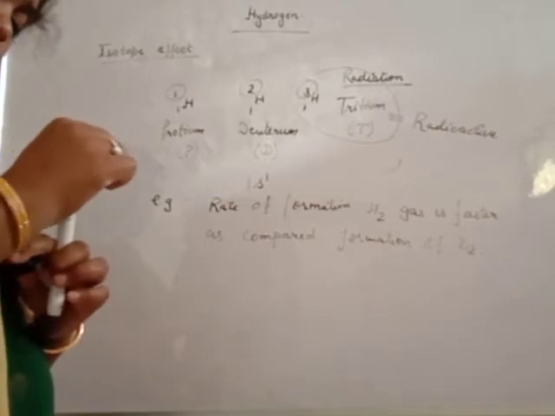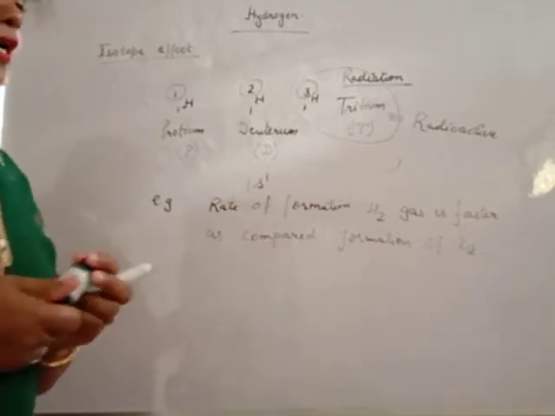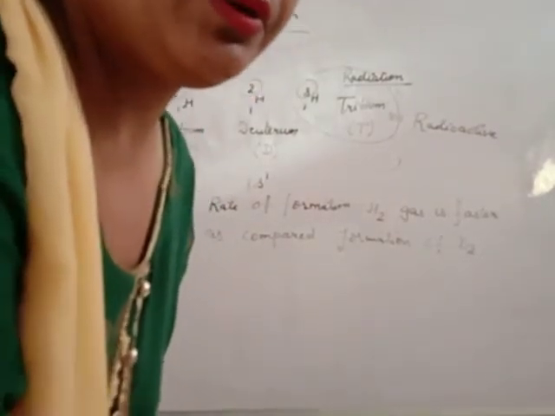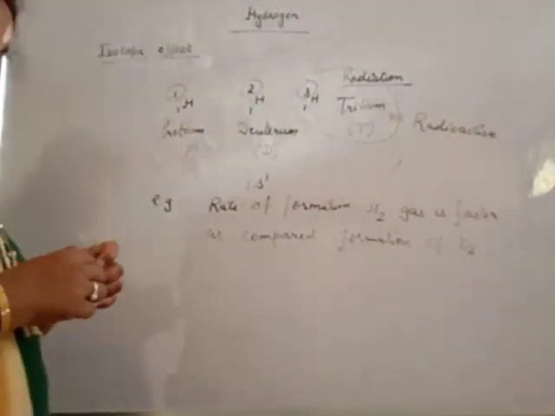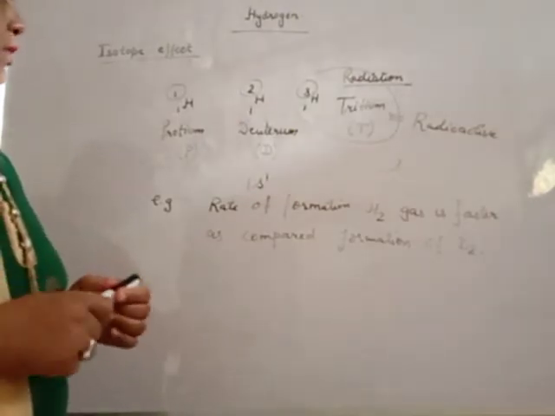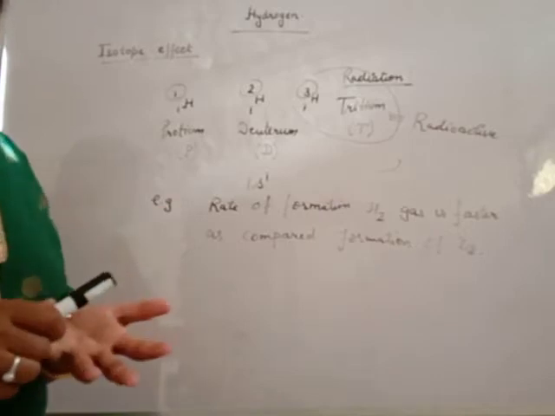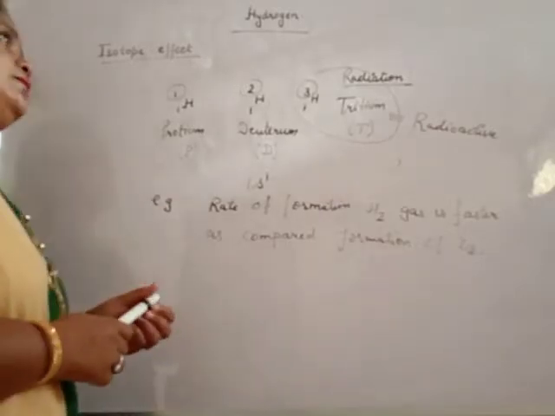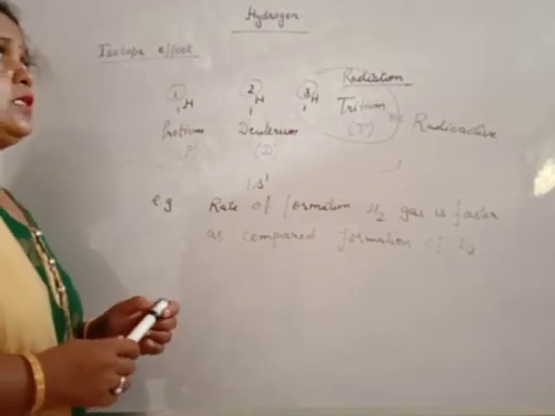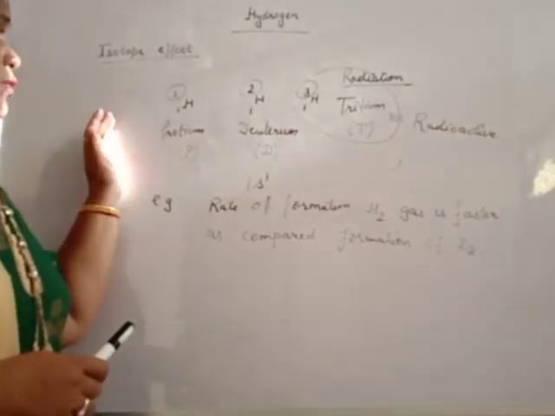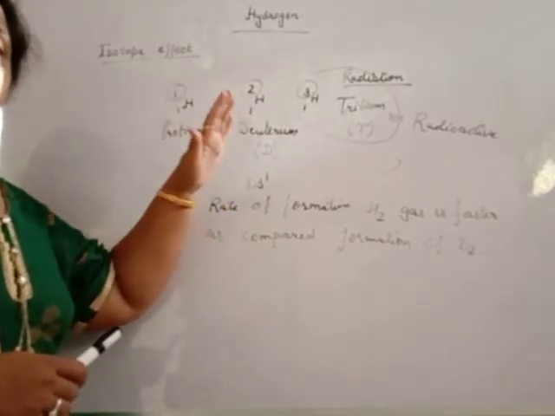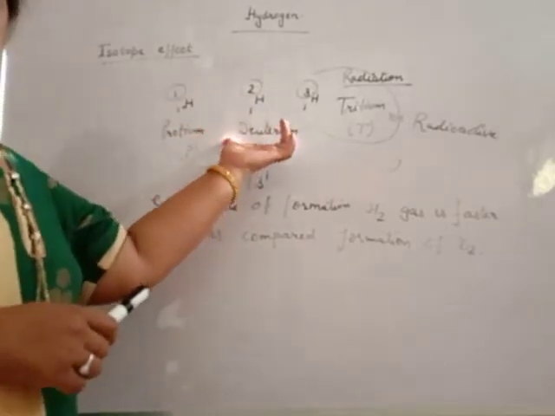But the rate of reaction with hydrogen or protium is faster as compared to the rate of reaction with deuterium. Either the deuterated water or sodium hydroxide and sodium deuteroxide. Same case: all the properties of hydrogen are the same as that of deuterium, but the speed of the reaction is slow because of the heavy mass.